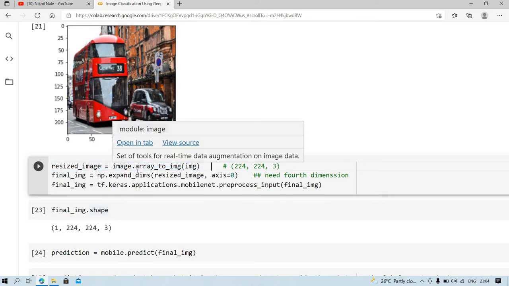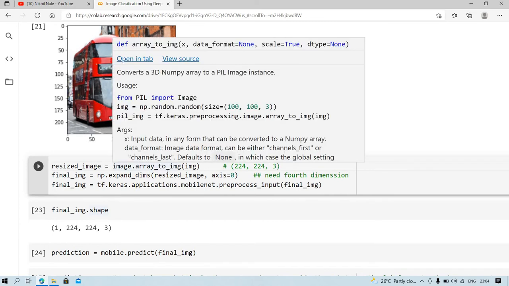For that, from image I will call the method img_to_array and pass the argument image.